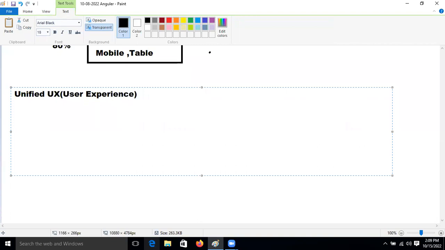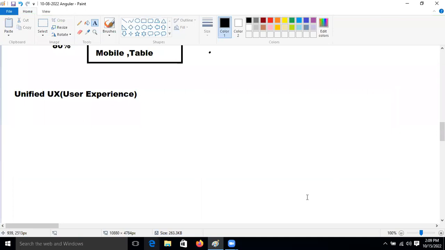We are facing the challenge of a unified user experience. Let's understand what the unified user experience is, friends.